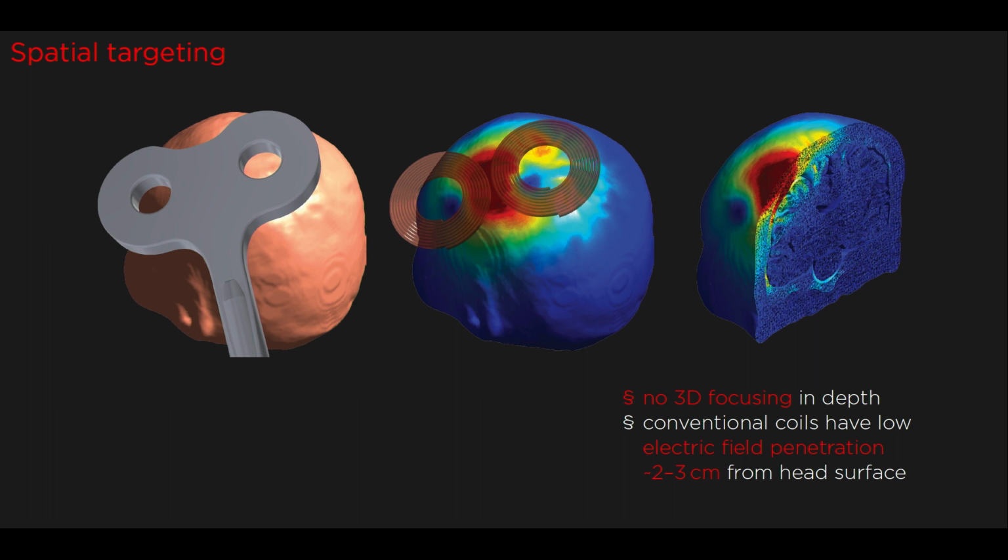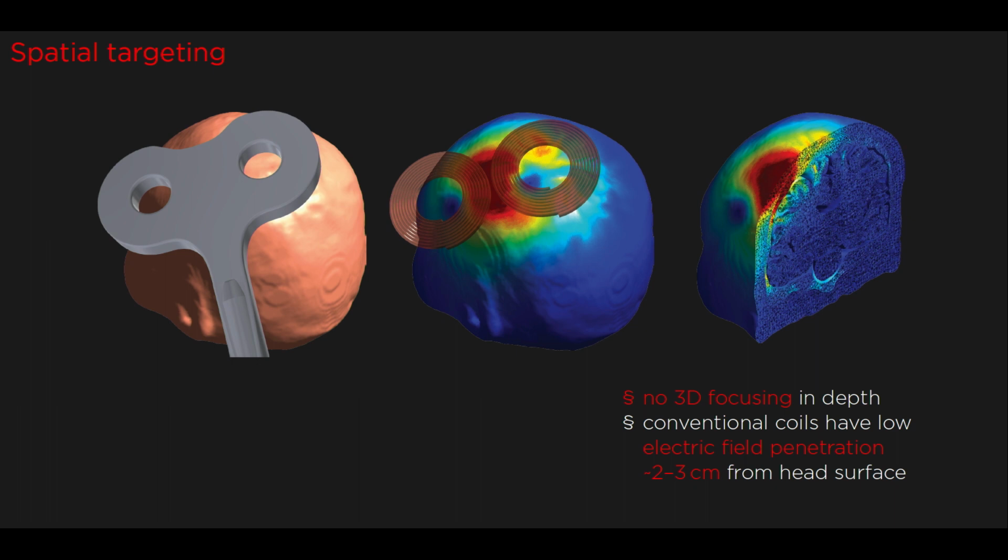Next, we are going to talk about the spatial aspects of TMS, spatial targeting, which has to do with the geometry of the head and the geometry of the TMS coil that is placed over the head. There are some constraints, though, before I go into the coil geometry. The fundamental physical constraint of TMS is that you cannot achieve a three-dimensional focus in depth with TMS. So the electric field that is induced by TMS is always maximum at the surface of the head and surface of the cortex, and then it decays exponentially as you go away from the coil, deeper and deeper into the